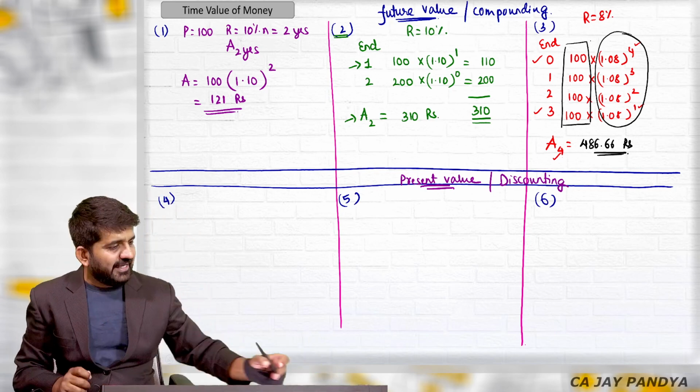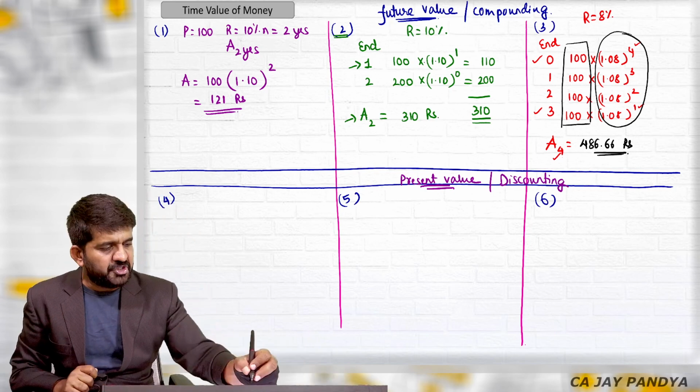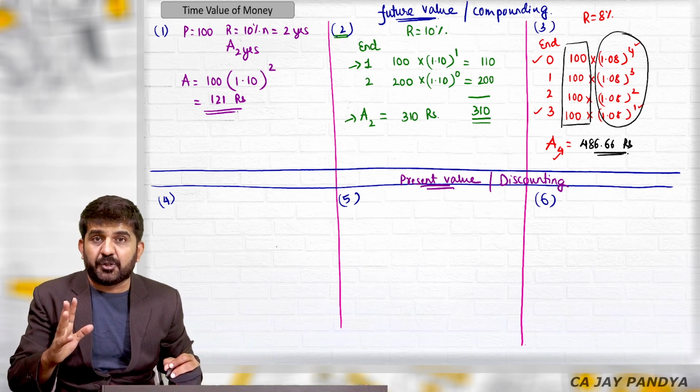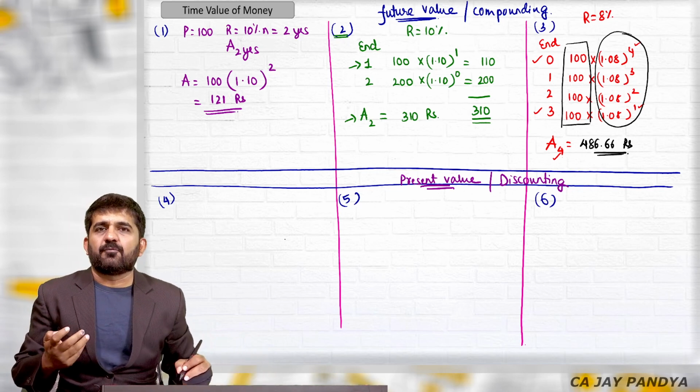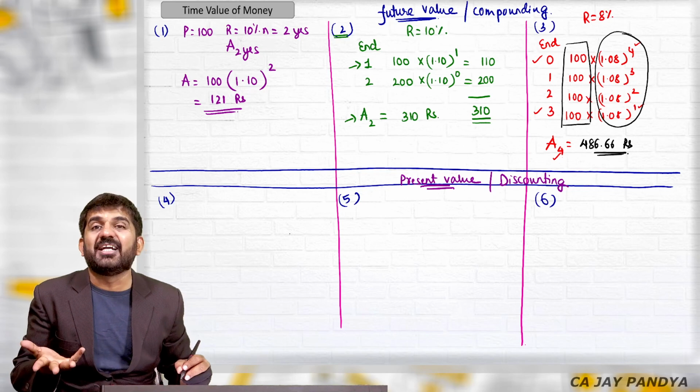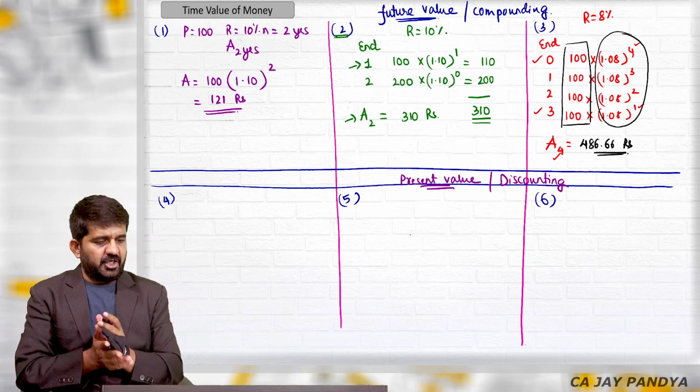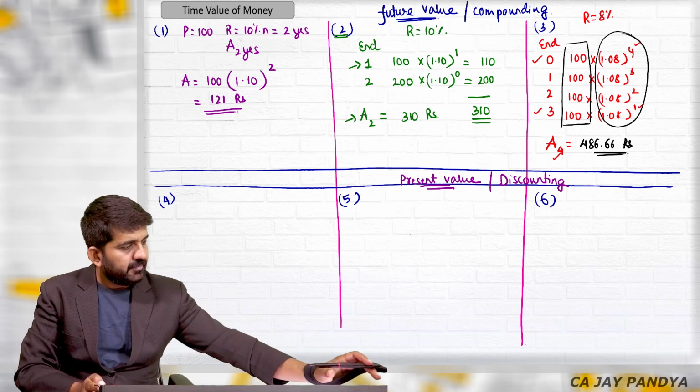This is the third category of question: invested 100 rupees every year for the period of 4 years. And this type of question is a future value annuity question because the cash flows are equal. Same way,